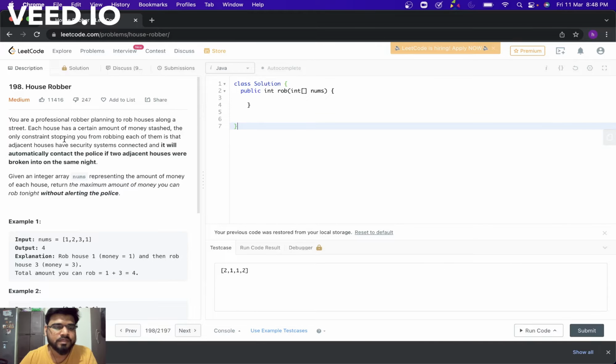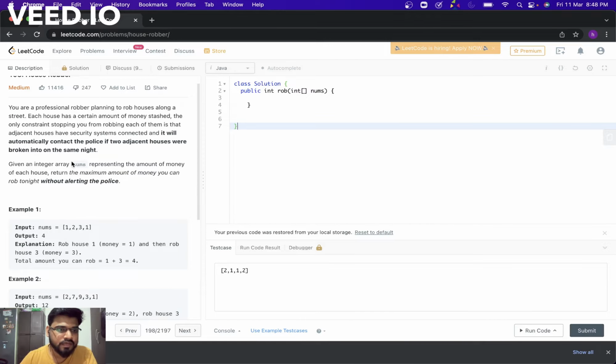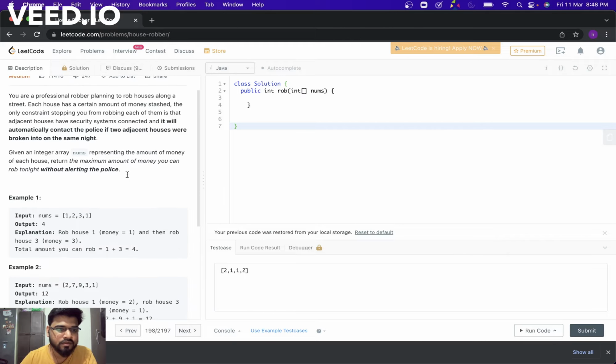As per the problem description, you are a professional robber planning to rob houses along a street. Each house has a certain amount of money stashed. The only constraint stopping you from robbing each of them is that adjacent houses have a security system connected, and it will automatically contact the police if two adjacent houses are broken into on the same night. So you cannot pick two adjacent houses. You are given an array of integers representing the amount of money each house has, and you have to return the maximum amount that you can rob without alerting